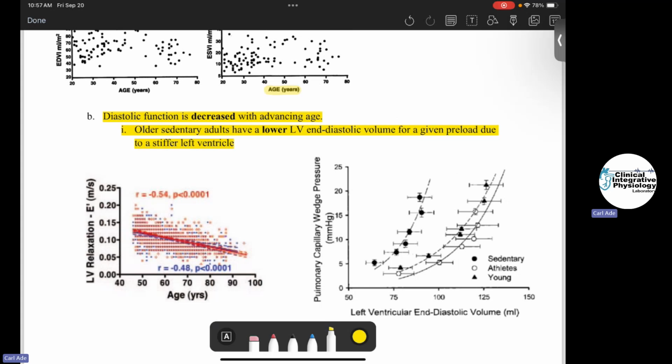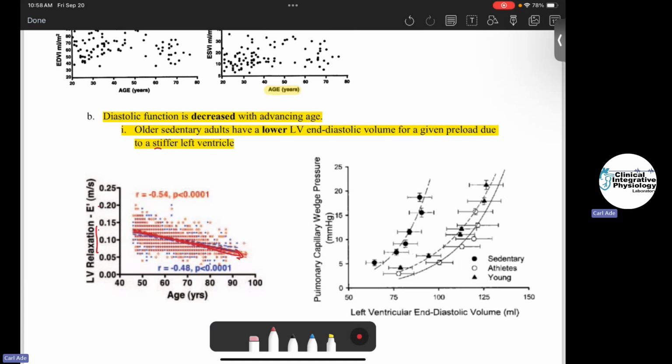Remember in the previous lecture I mentioned that we can use echocardiography and that E wave to measure rapid filling during diastole. Well, if we look at LV relaxation here, during that E prime phase, we see that it decreases with aging. And this is one way in which we can identify a stiffer ventricle,